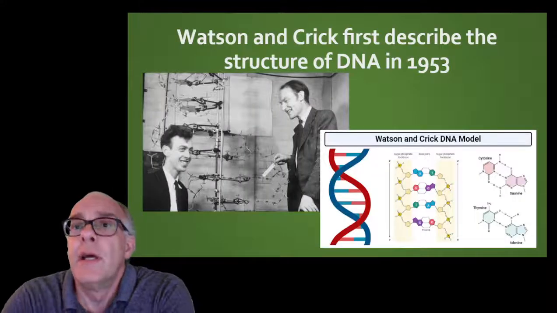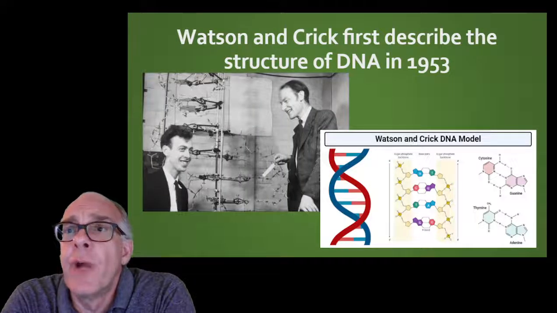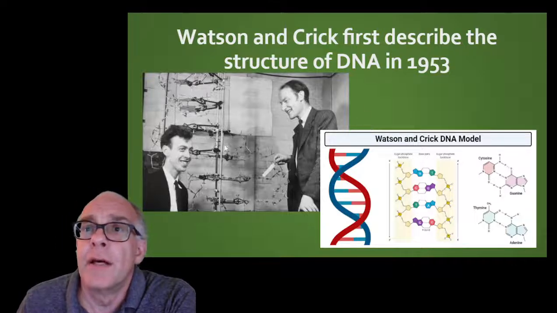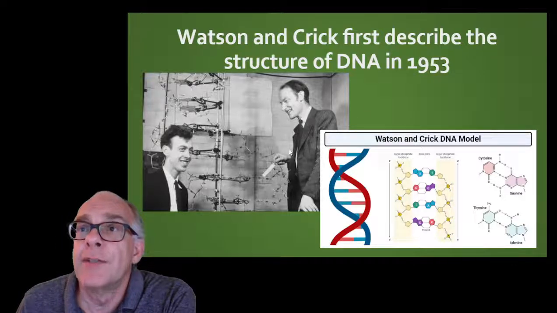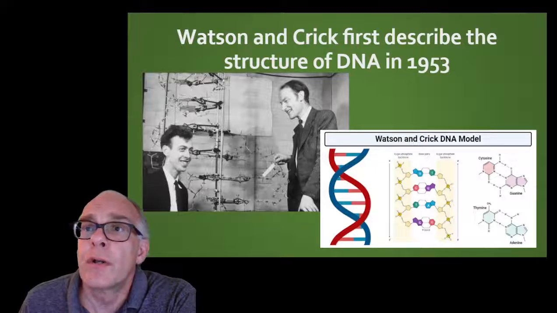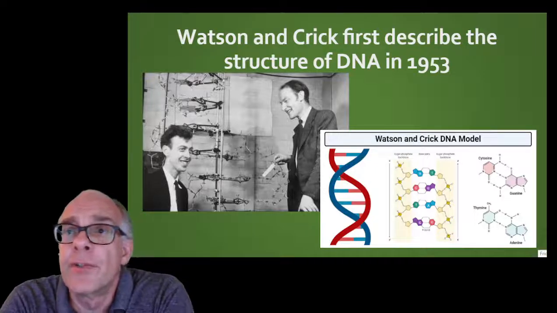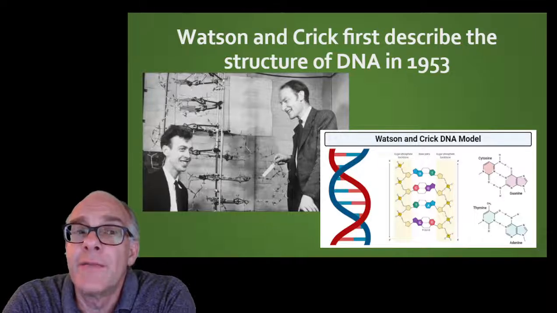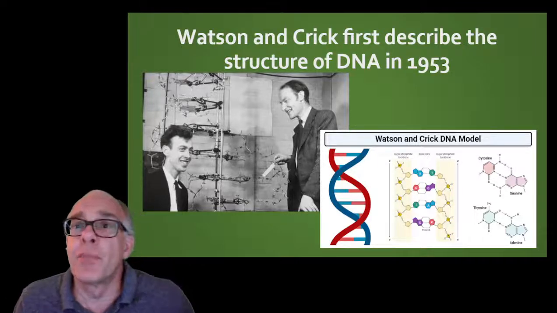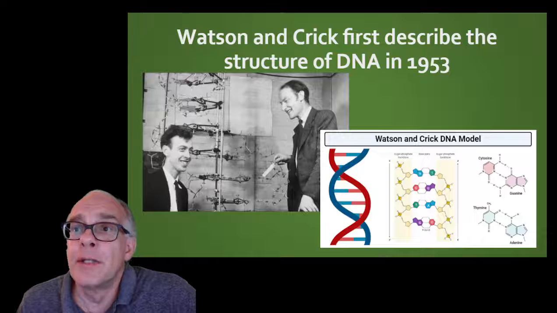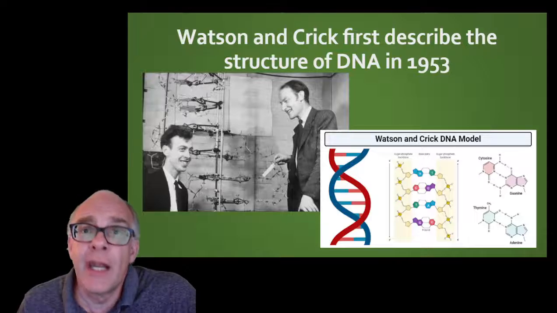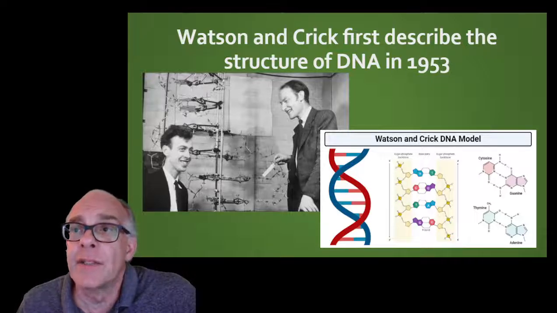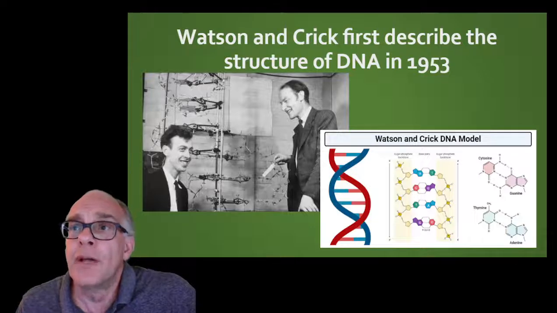So we're going to start out with a relatively simple example. Over here, we've got James Watson and Francis Crick, who were co-discoverers of the structure of DNA. They were the first to describe it in 1953, and it was a very important model for biology and genetics and DNA, and a lot of things that have come through that over the past roughly